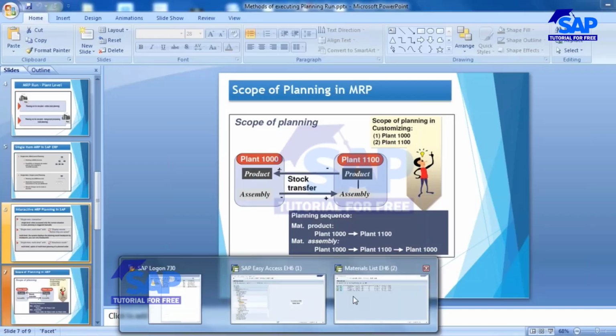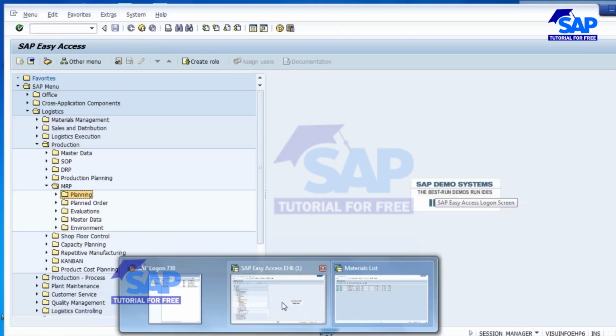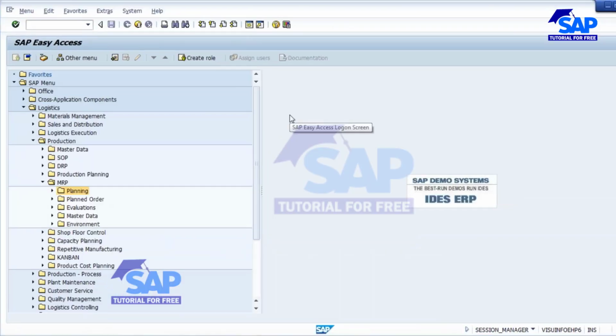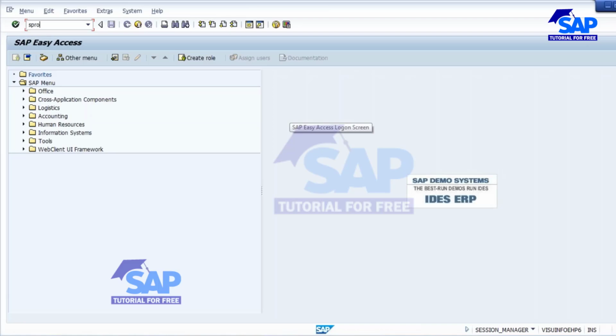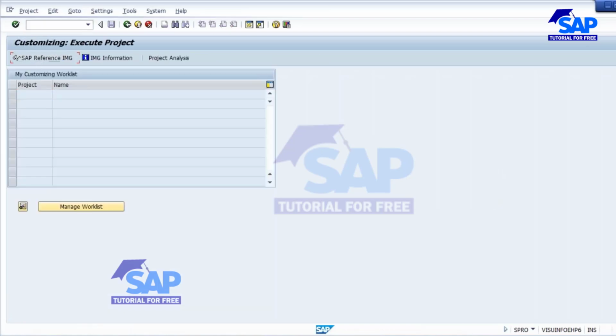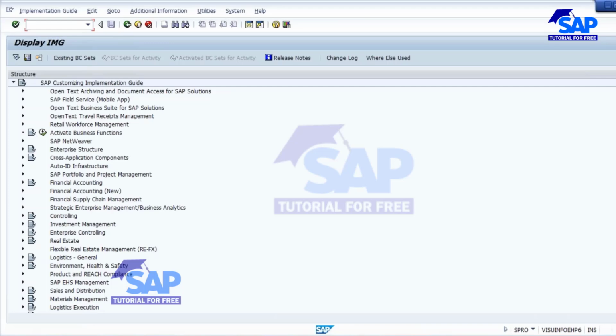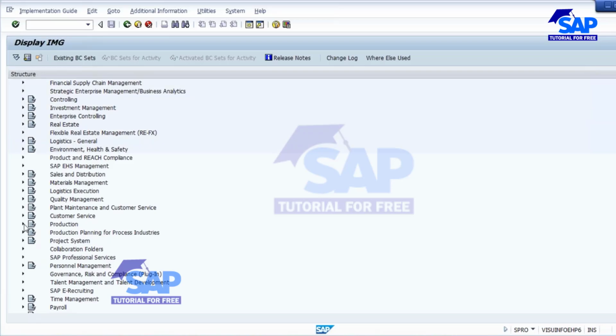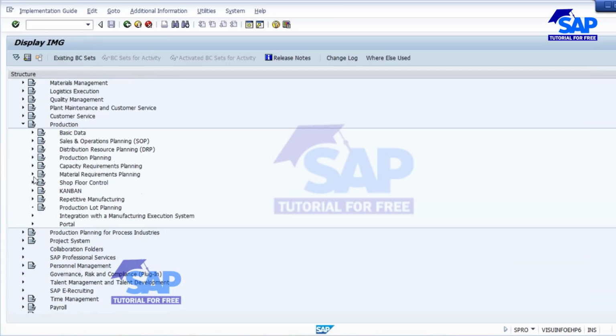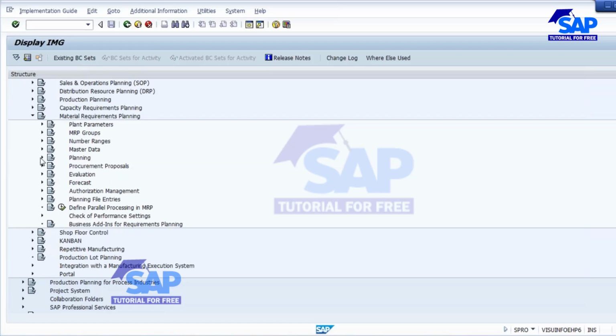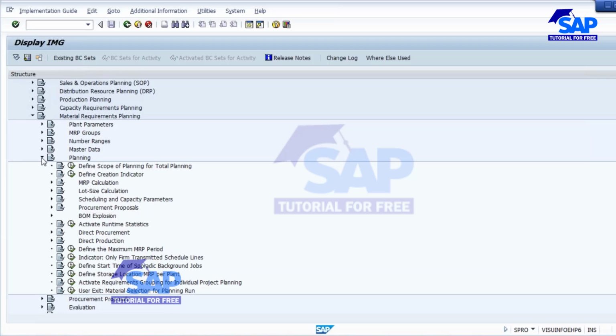If you go to the configuration, SPRO, SAP reference IMG, go to production, MRP, go to planning. Here you are able to see define scope of planning for total planning. So if you go here,